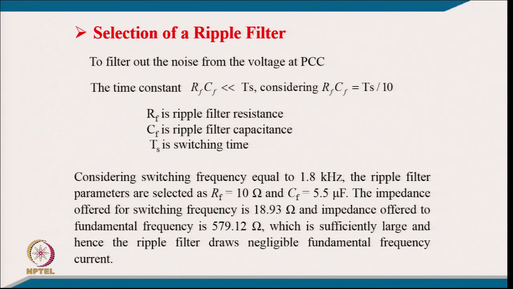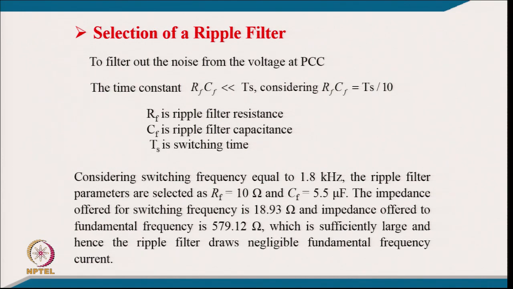Well, selection of a ripple filter to filter out the noise from the voltage at PCC: the time constant RF CF is less than, let us say, Ts, where Ts is the time period corresponding to the switching frequency. So, considering RF CF equal to Ts by 10, where RF is the ripple filter resistance, CF is the ripple filter capacitance, and Ts the switching time corresponding to the switching frequency. Considering the switching frequency of 1.8 kilohertz, the ripple parameters are selected as RF equal to 10 ohm